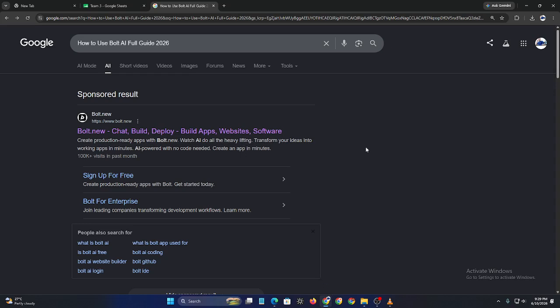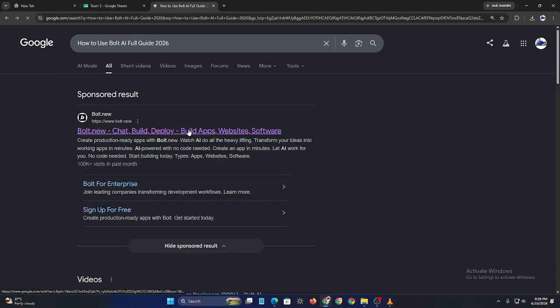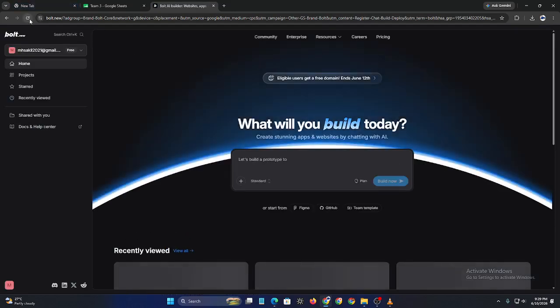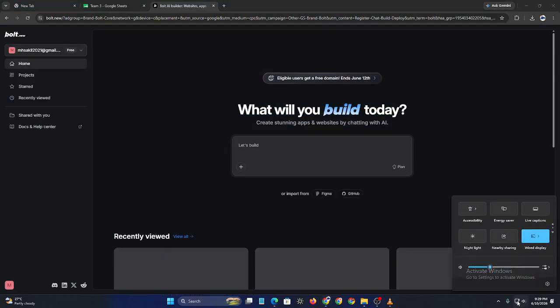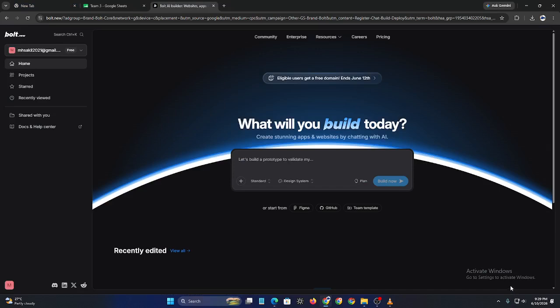First, refresh the page and try again. Temporary glitches can sometimes interrupt Bolt AI services, and a simple refresh may resolve the issue. Next, check your internet connection. Bolt AI relies heavily on cloud-based processing, so a weak or unstable connection can affect project generation, code creation, and